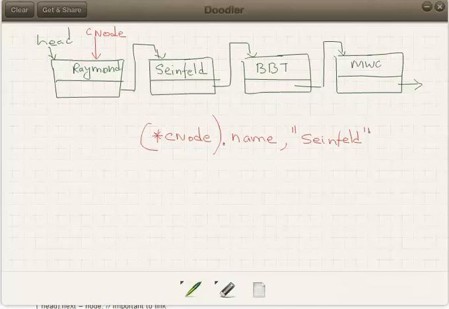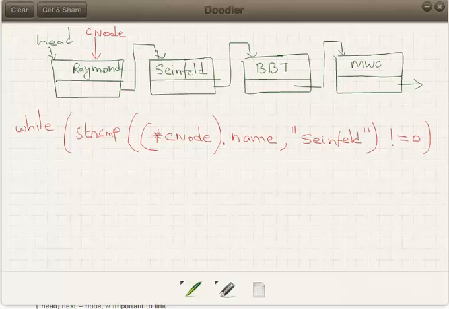How would you compare strings? String compare. My C node dot name is what? Raymond, comma Seinfeld. Is the compare not equal to 0? If it is not equal to 0, then you go to the next node, right? If it is equal to 0, you stop, because we need to insert right there. If it is not equal to 0,